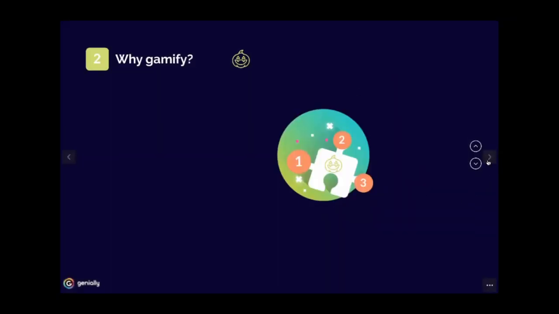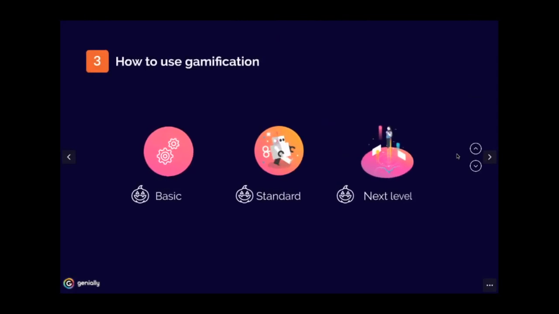And now I'm going to show you quickly how you can use Genially to create gamified experiences. If you're familiar with the platform, you already know Genially. It's very easy to use, very user friendly, and using Genially as a tool for gamification is simple as well. You just need to choose from one of the 60 templates that we have available under the gamification category, and